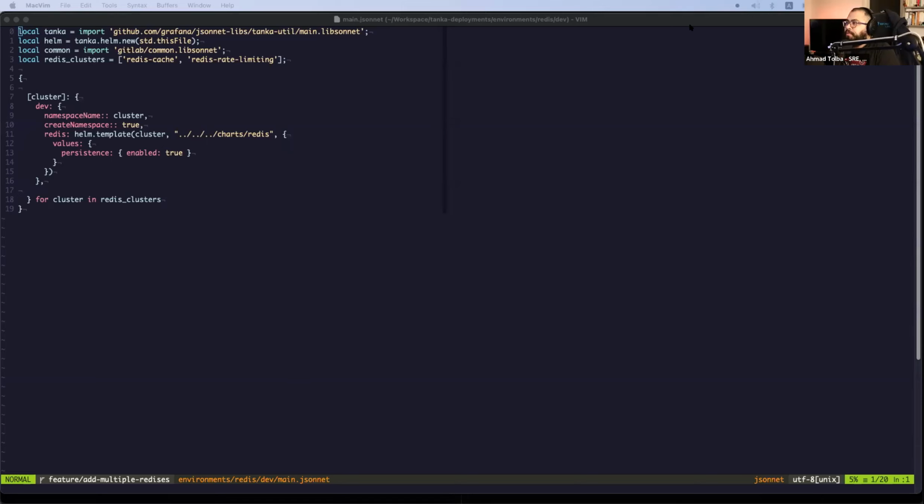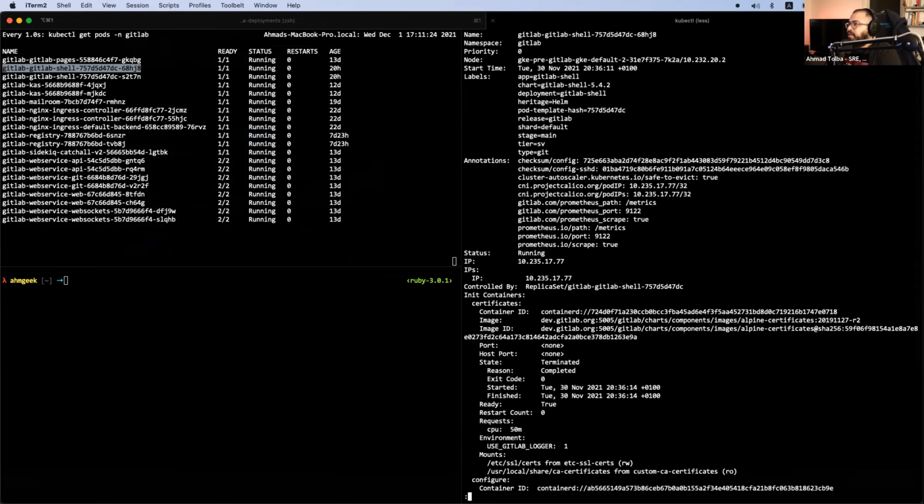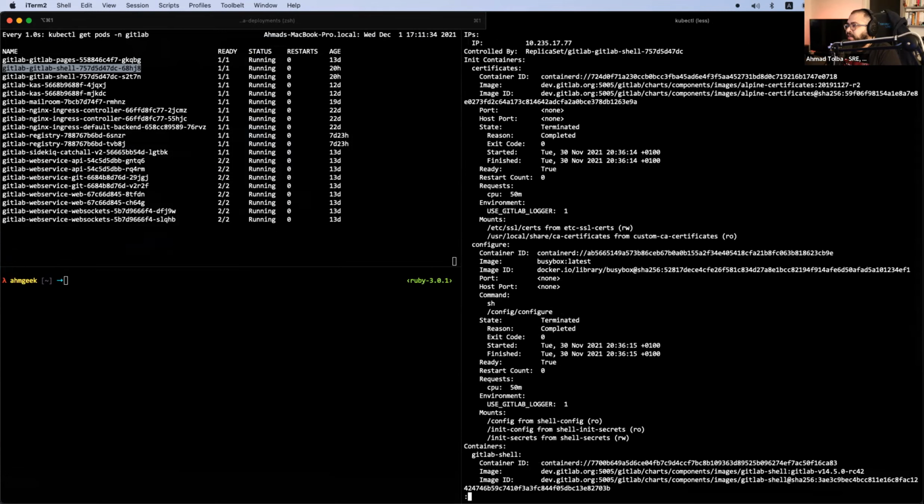So, GitLab Shell. Let me share my screen. I hope you guys can see it. And actually, describe pod GitLab Shell. So this is the pod. I think we merged it yesterday, so it's deployed and it's running GitLab Shell as a deployment here. The container